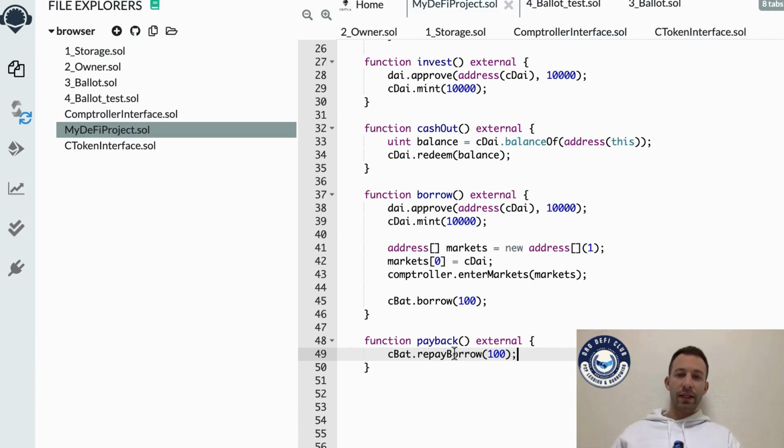And here, this is the same problem as what we had here, what I explained to you in the invest function. We need also to approve our BAT token. Otherwise, the delegated transfer of ERC20 will not work. So here in the BAT token, we're going to approve the address of the cBAT. And actually, we're not going to approve it just for 100 token, but we need to make some room for